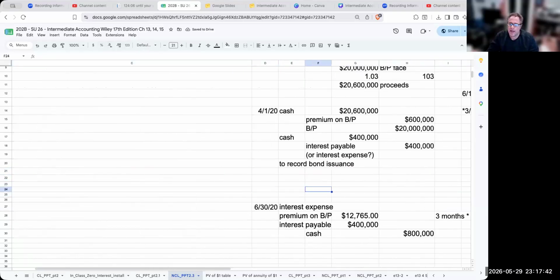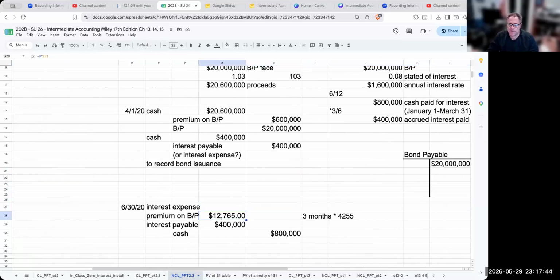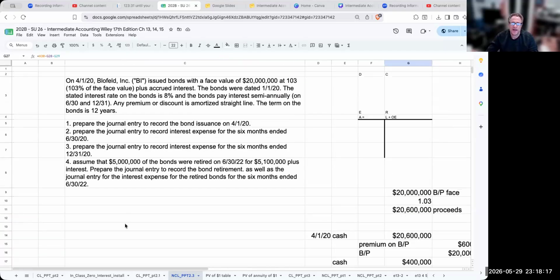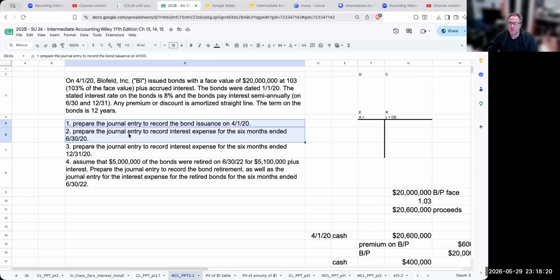Okay. So then, because I'm going through and doing this, my interest expense by default is going to be the difference between the cash I'm paying, the premium, and then the interest payable here, right? Because remember, the interest expense is basically for that 3 months. So, always fun. If I had gone through and instead of using interest payable, just dumped the rest of it, my interest expense would end up being the same. So that is part one and part two.